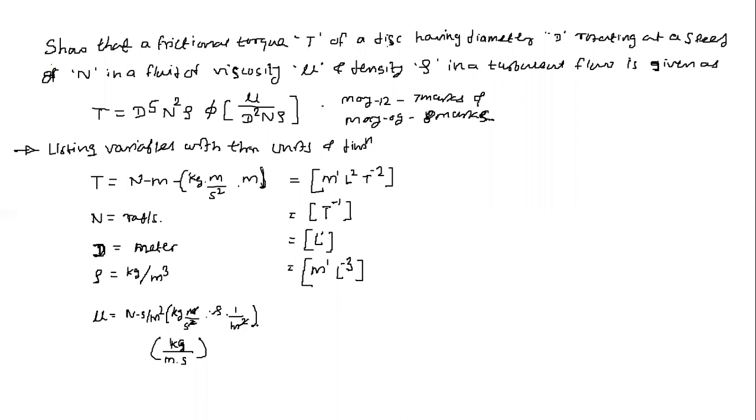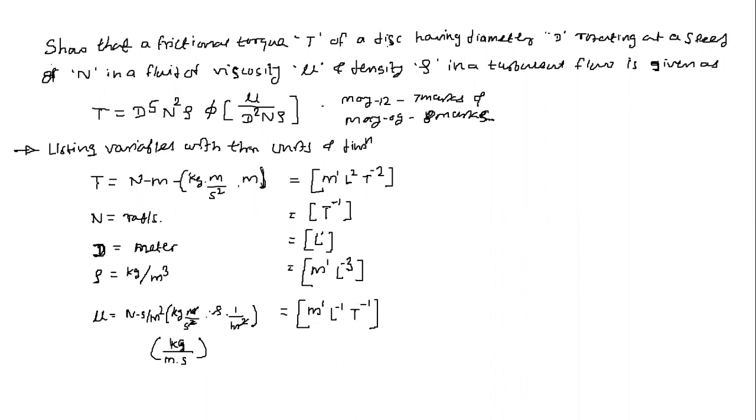We have simplified it because we want to write it now in dimensional form. So in the dimensional form, kg has the dimension of mass, so M raised to 1. Then meter has dimension L, so L raised to -1 because it is in a denominator. And similarly, second has the dimension of time, T raised to -1. So these are the units and dimensional forms of all the variables involved here.